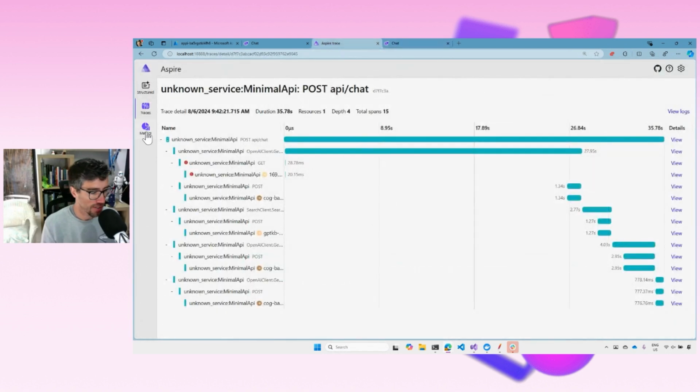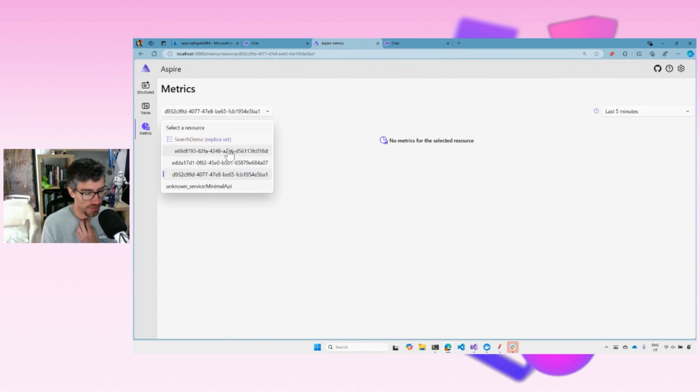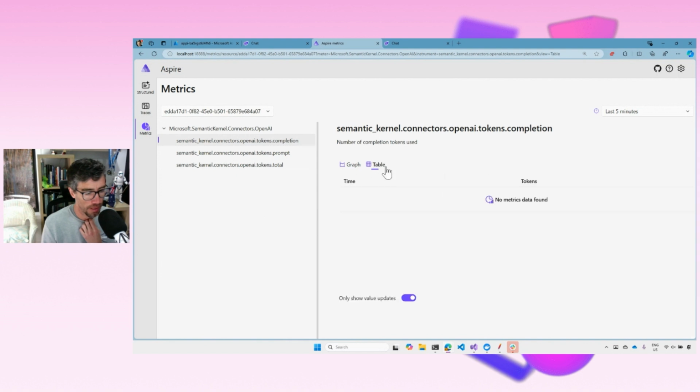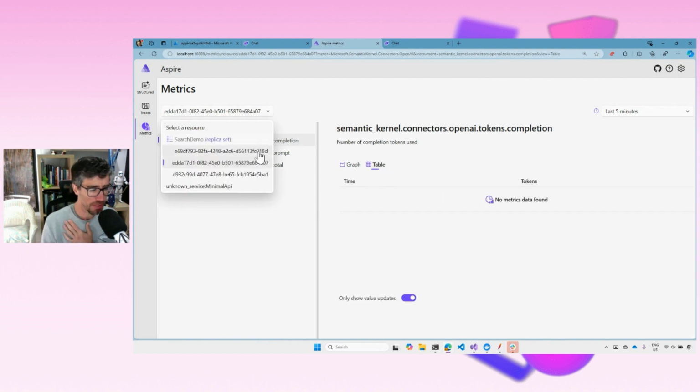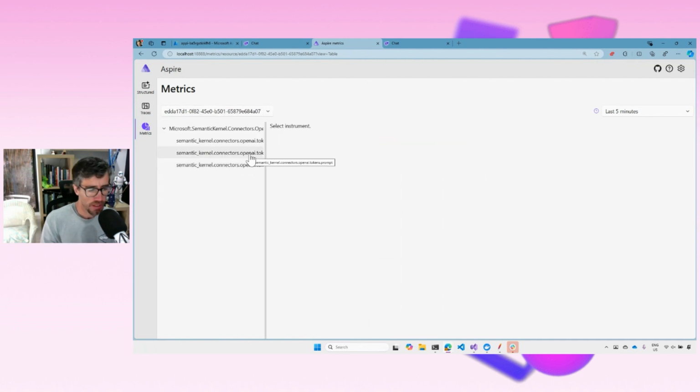I can try and crash it because I'm a developer. And I can also flip to the specific metrics I have available, which I mentioned earlier. Semantic Kernel has this really helpful automated metrics for completions and token usage. So it will capture OpenAI tokens used, tokens remaining, and give you that as a graph as well.